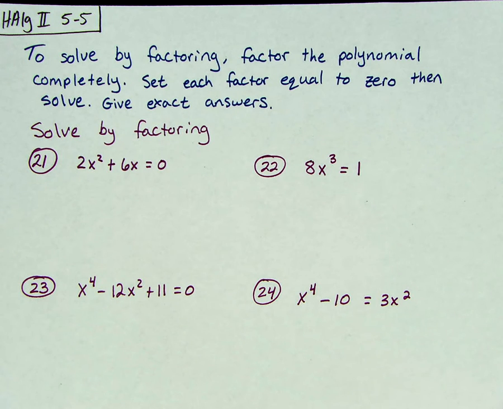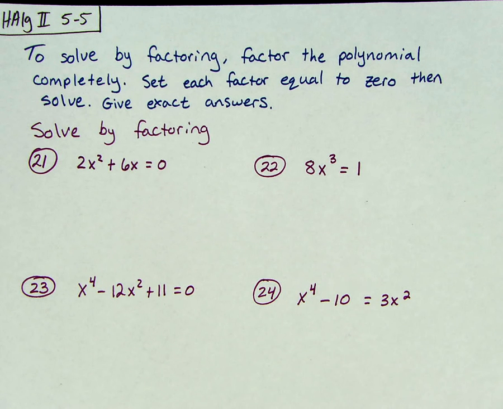All right, in the last part of the lesson, we're going to talk about solving by factoring. So we are still following all of our factoring rules. So we just have to be able to recognize what method to use. And remember, to factor, everything needs to be on the same side of the equal sign. And then it should be set equal to 0. And then once we have it in factored form, we set each factor group equal to 0 and then finish